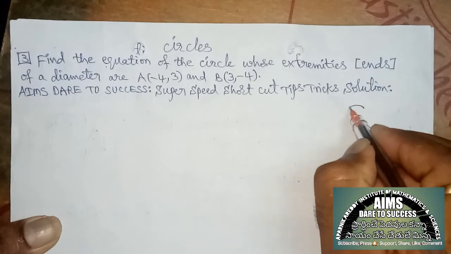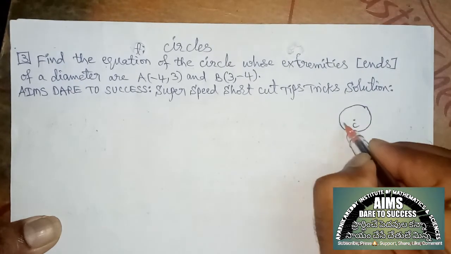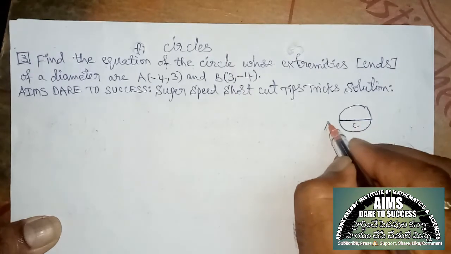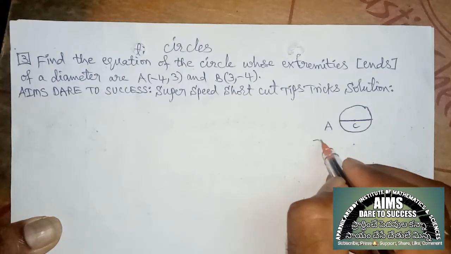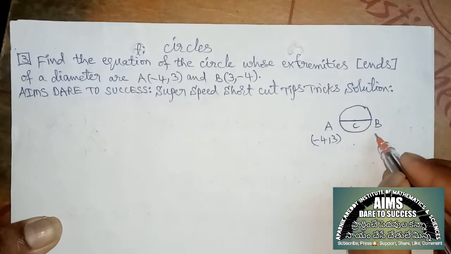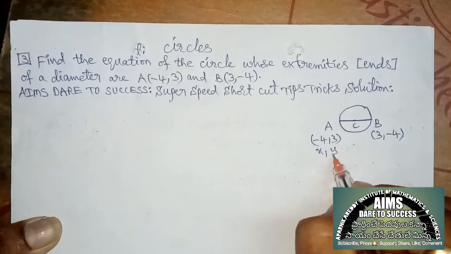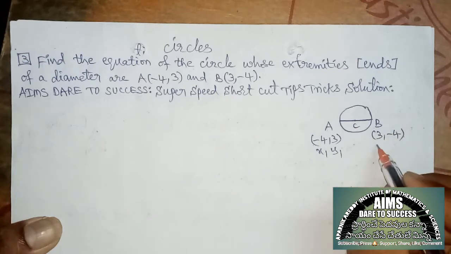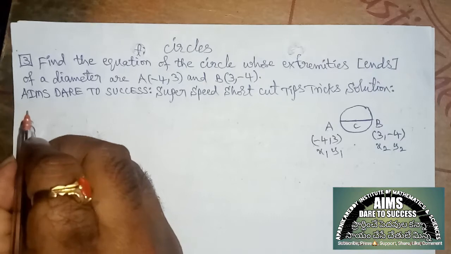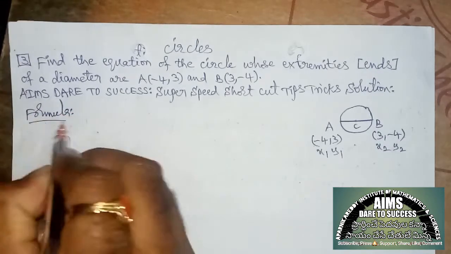I am drawing the circle. Okay, this is the center of the circle. Passing through the center, this is a diameter. According to the given question, A value is minus 4 comma 3, B value is 3 comma minus 4. So A (minus 4, 3), let it be taken as x1 y1, B (3, minus 4), let it be taken as x2 comma y2. Now I want to write one small formula,